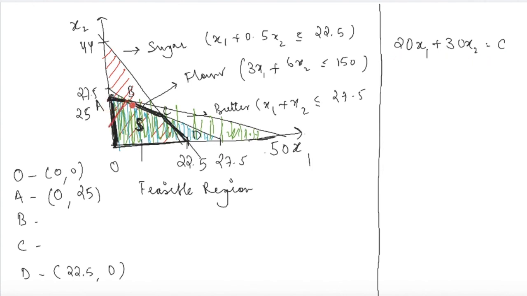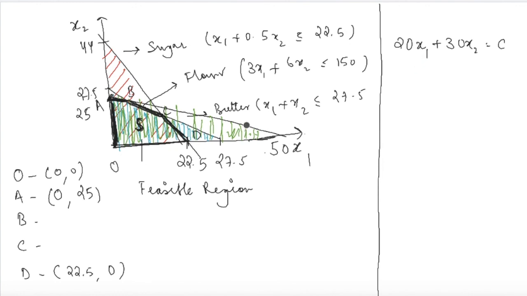Rather than solving for each of the points in the set S, you would want to go for the corner points. Find the coordinates of the corner points and put them here in the criterion function and check कि कौन से corner point के लिए आपके criterion function की सबसे ज़्यादा value मिल रही है. Because we are doing maximization, we are looking at the highest value. If you will do minimization, you will look at the lowest value.